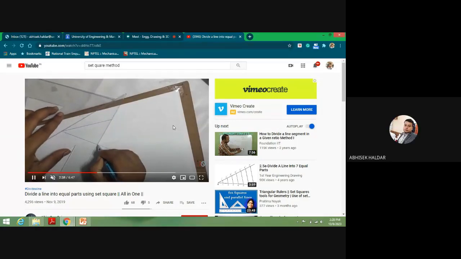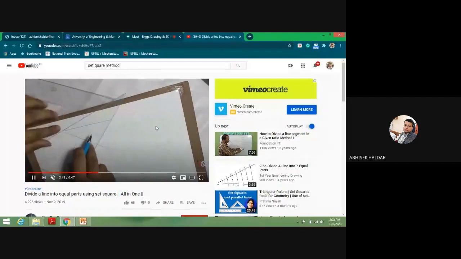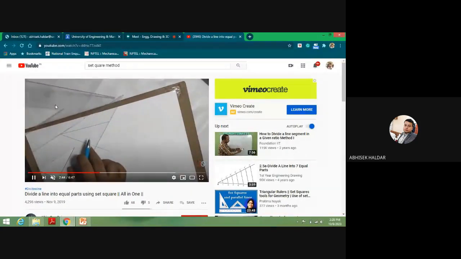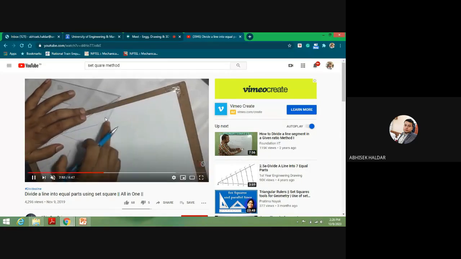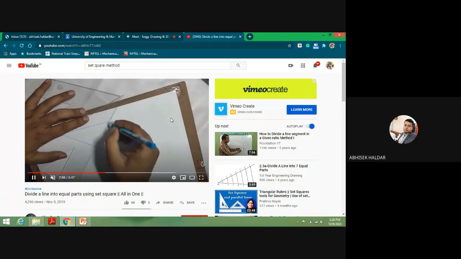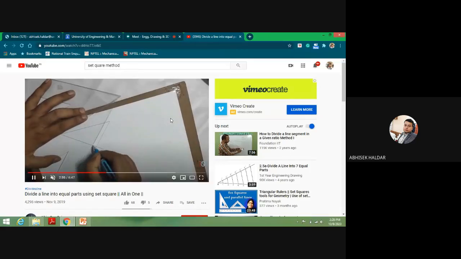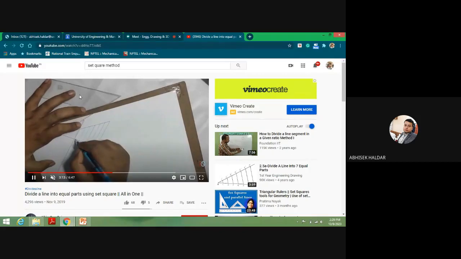I'm again showing how the set squares are fixed and how it is sliding. This one is fixed, and this one will be sliding over that. I will take 2 minutes. Those who have not understood, see again. This set square is sliding, this will not be moving, this will be fixed. If you move this set square a bit, these lines will not be parallel. So this is the process.